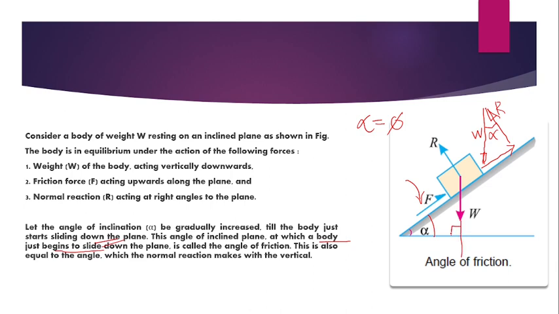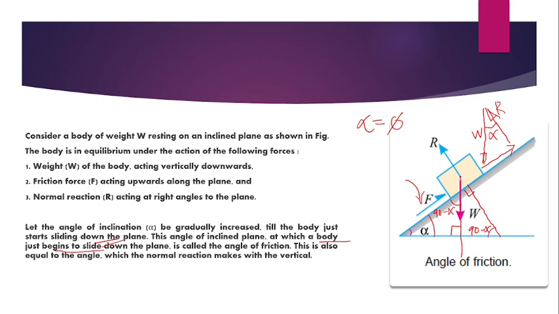This angle is equal to 90 degrees, because the vertical weight always acts in the vertically downward direction. Then this angle is alpha and this angle is 90 degrees, so this angle will become 90 minus alpha. We can see another triangle like this, where the angle between the normal reaction and the inclined surface is 90 degrees. From this right angle triangle, this angle must be 90 minus alpha.